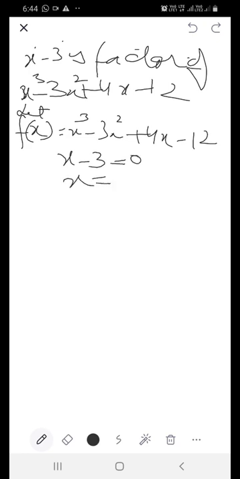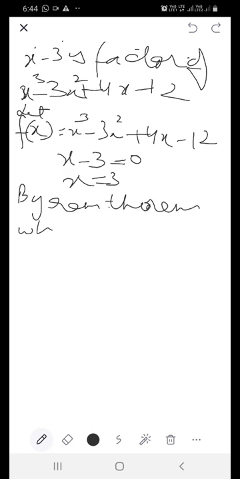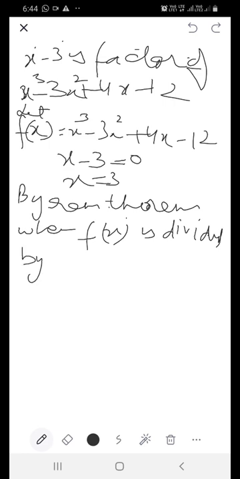Value of x comes out to be 3. Then again a statement: by remainder theorem, when f(x) is divided by x minus 3, remainder is equal to